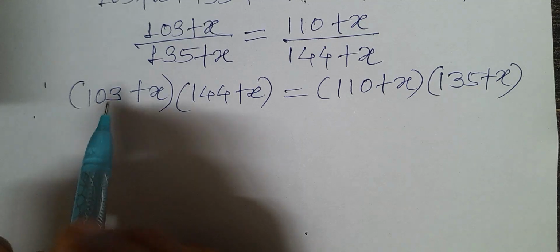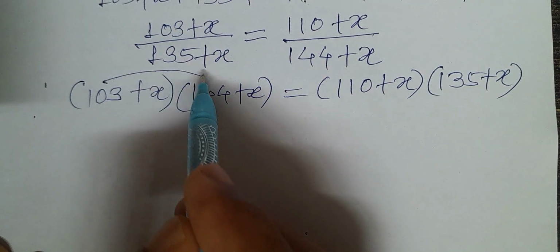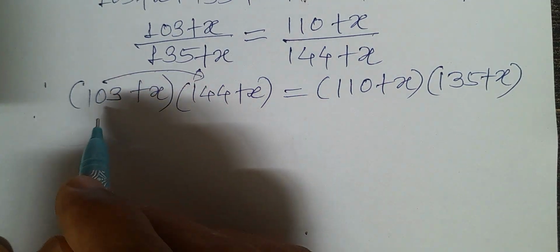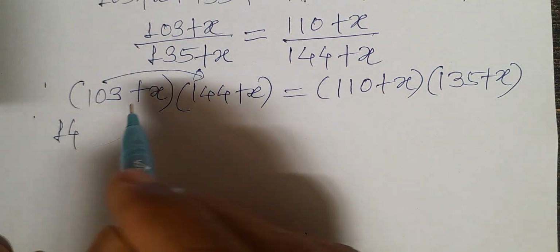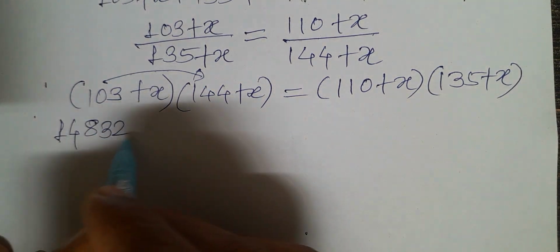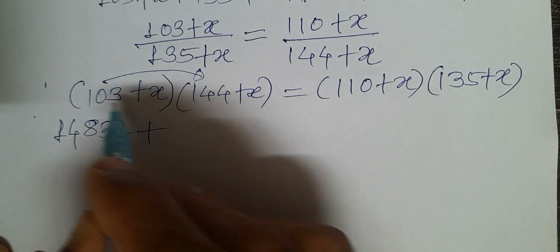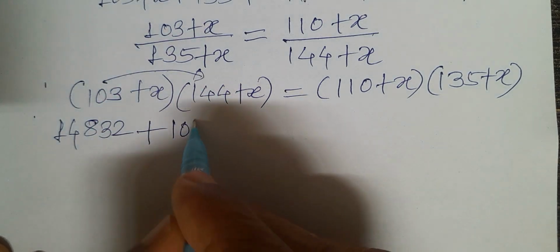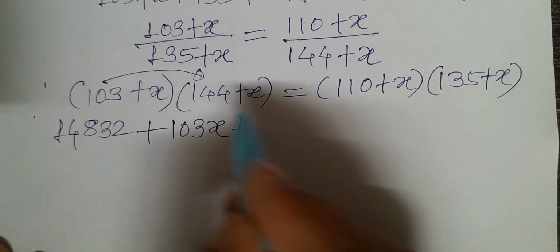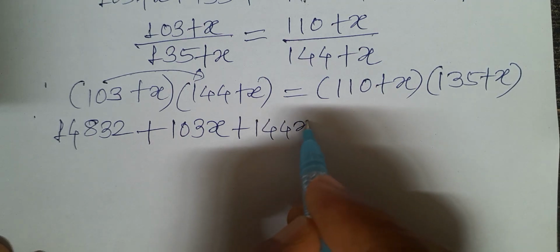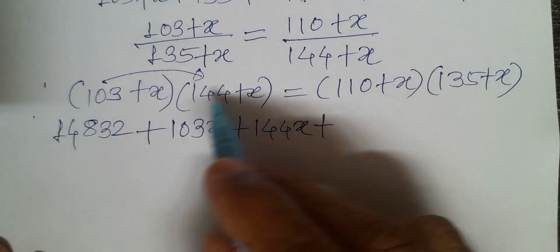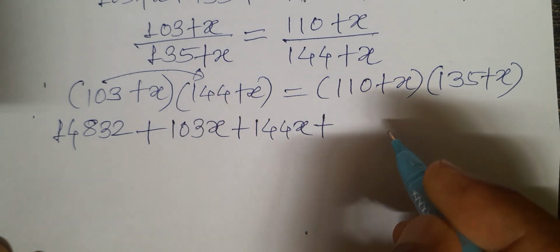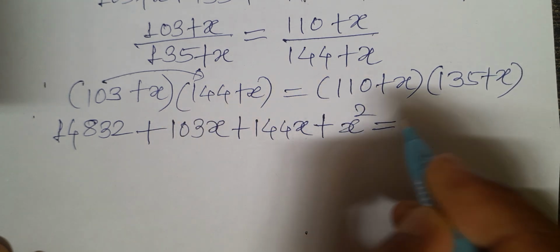So 103 multiplied by 144 is 14832, plus 103x plus 144x plus x square is equal to